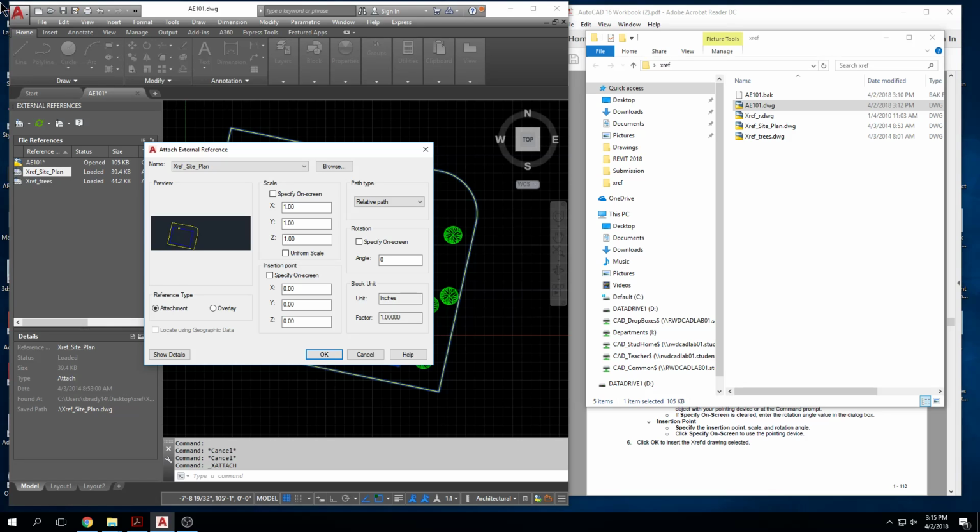Especially when we're working in this environment where you are going from here to home, to work, to home, to school, and you're carrying your files on zip drives and working on this computer and that computer and moving around. This system specifically is very sensitive to that, right? So I guess it's good practice. You'll get used to learning how to reattach your xrefs, right? But just know there are some things we can do to help with it, but it's kind of a problem. So if you have it on your zip disk or your zip drive,